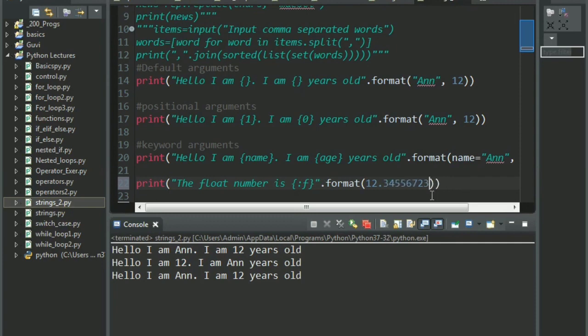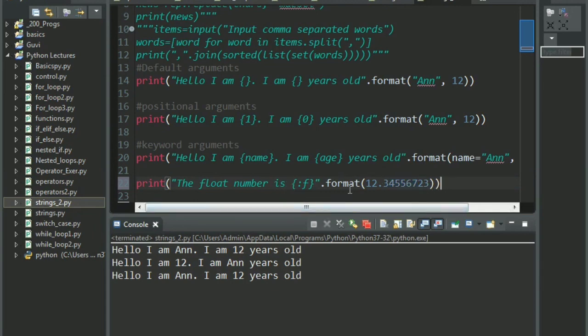You notice this is quite a lot of numbers after the decimal point, right? Now by default the float formatting gives you 6 digits after the decimal point, that is 3 4 5 and 5 6 7. Only these 6 digits after the decimal point will be printed, and 2 and 3 will simply be omitted.